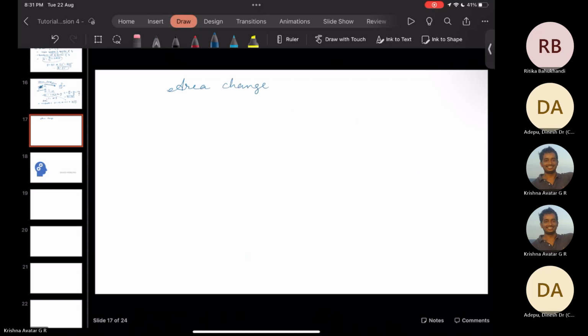Like we had discussed, very similar to volume change, let's have some arbitrary area, call it dA. I'll give it from an inclined view. Let this area be called dA, and there is some unit vector n to this small elemental area. Now, if it's getting deformed by that particular deformation mapping,